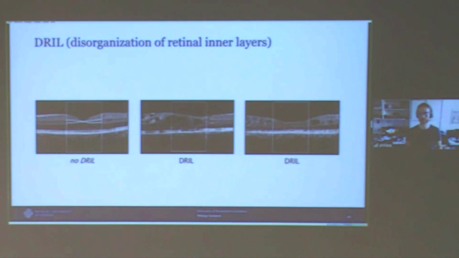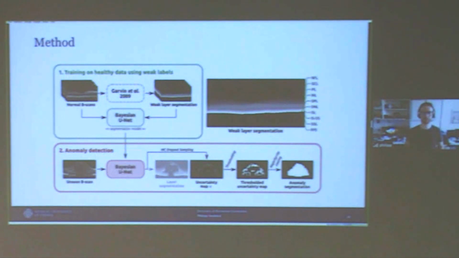So what we did is we trained a segmentation network on only healthy scans. We also did not use manual labels to train this model because there are already traditional models available that work nicely in a well-defined healthy environment. So we just took weak labels to train our model on normal B-scans. And then during application time for anomaly detection,